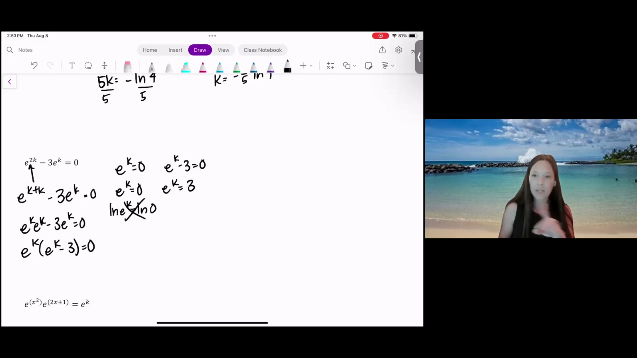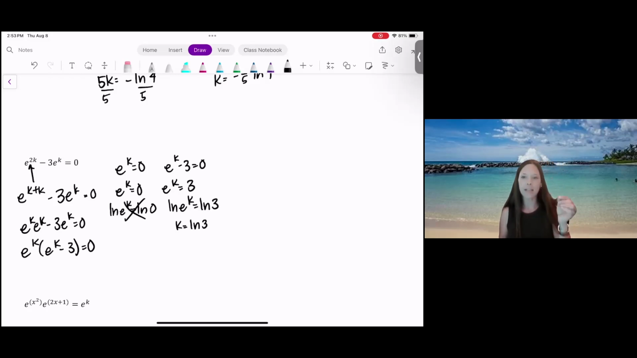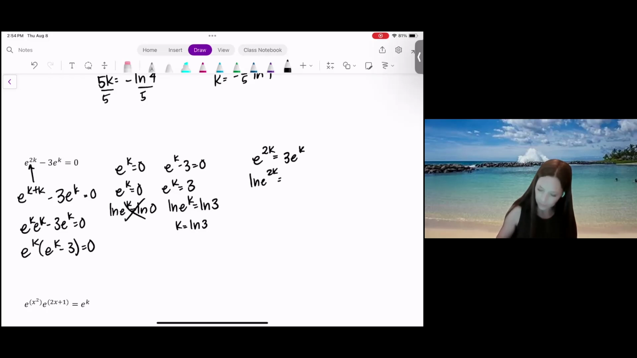But if I was to take the natural log of both sides here, I would get the natural log of e to the k equals the natural log of 3, or k equals natural log of 3. I could have taken natural log 3 equals k just by rewriting it into exponential form, but I went ahead and took the log of both sides. If I was to take e to the 2k equals 3e to the k and took the natural log of both of these,